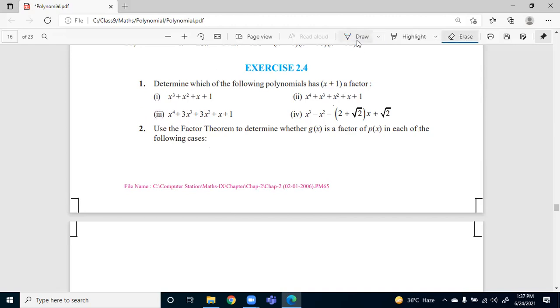No, I have not given you to solve yet. I am discussing the way, Divyansh. On that you need to focus. So what is the way Leona has told? Divyansh, can you repeat? Ma'am, first we have to equate x plus 1 to 0, so x equals minus 1. Then we'll substitute the value of x as minus 1, and then we'll solve it. And if we are getting the value as 0, then it indicates that it is a factor.